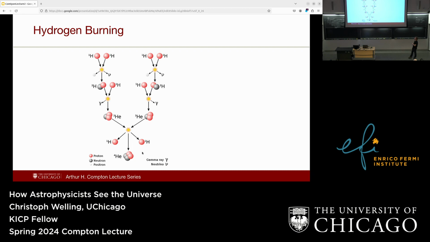Then 2 of those can combine, and they will decay into helium-4, which is a very stable nucleus, and it will also release 2